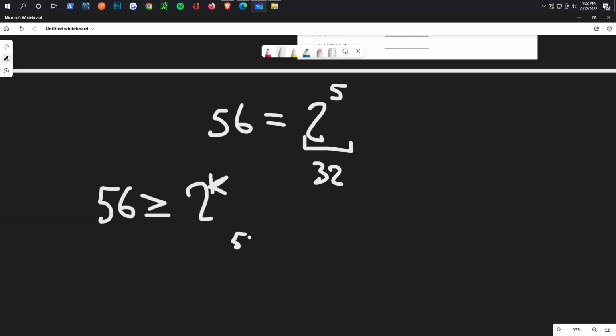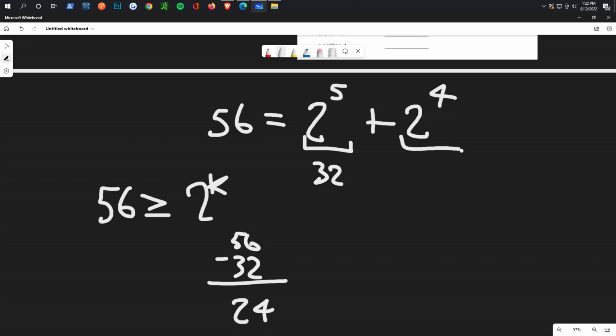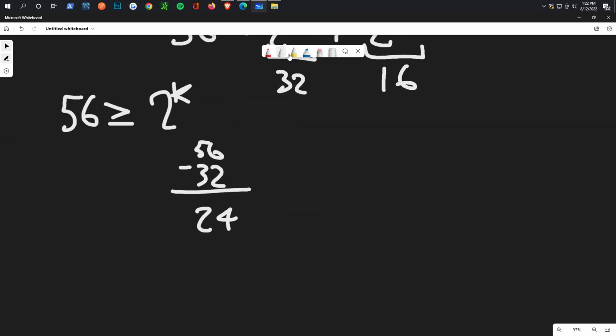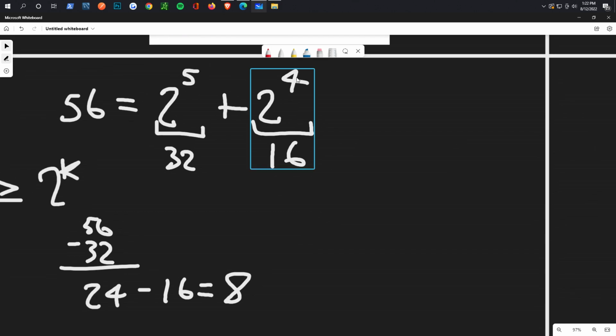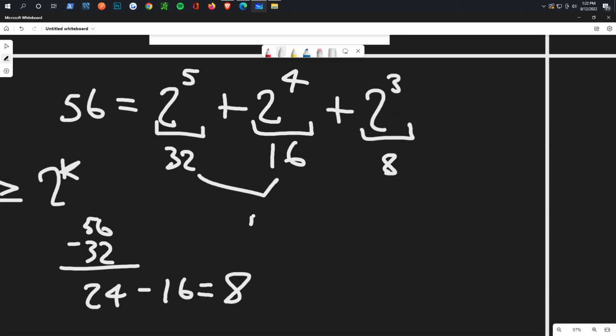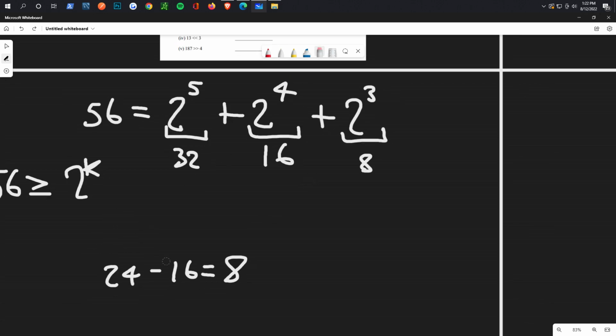And then now what we can do is subtract that out, so we have 24. And now the biggest power of 2 that we can fit into 24 is 16. And now we can subtract 16 from this, and now we're going to end up with 8, which is a perfect power of 2. And that's going to be 2 to the 3, which is 8. So we have 48 and 8, so that's 56. So we're good. We calculated correctly. So this is an easy way to calculate your work,